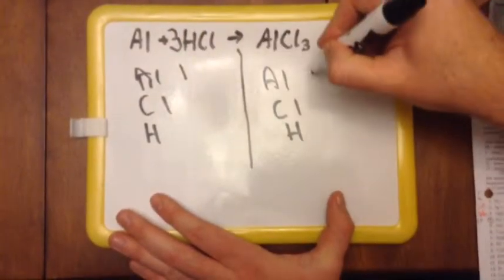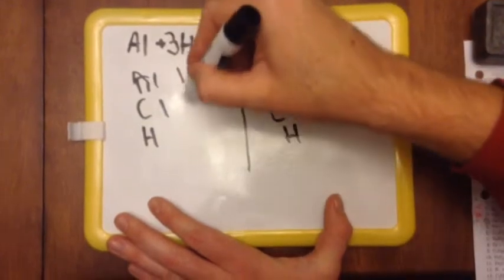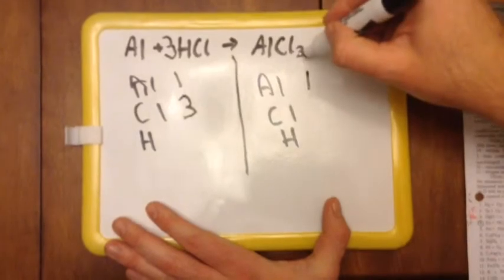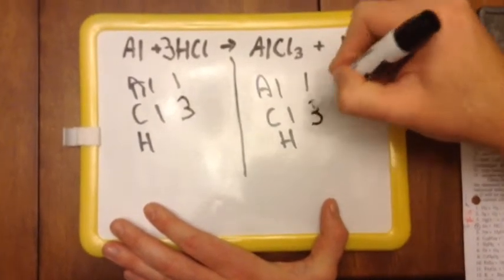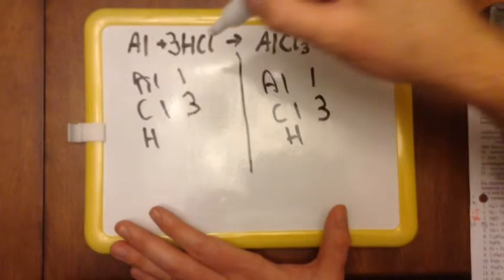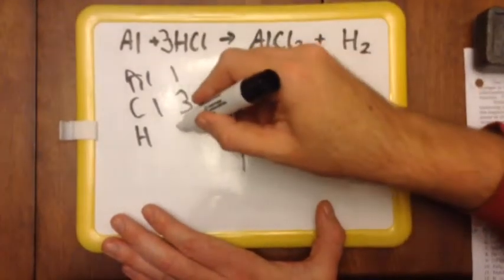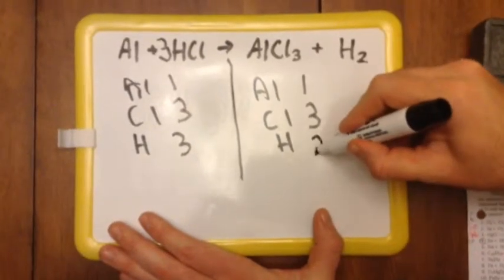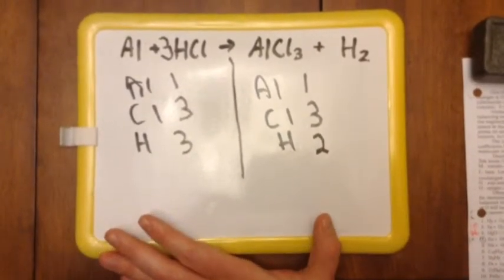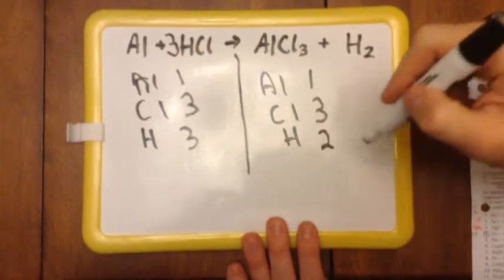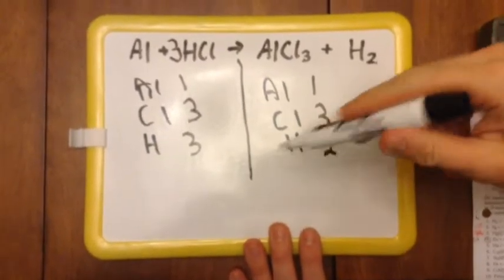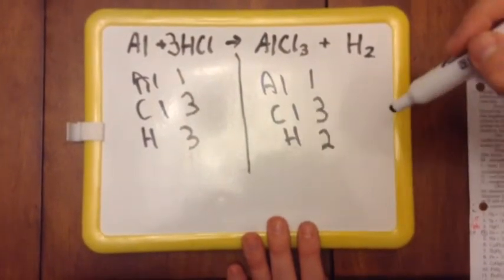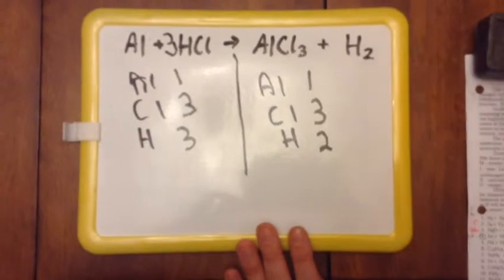We got 1 and 1 still. For chlorine, because this distributes to the molecule, we have 3. And over here, we have 3. So for now, we fixed the chlorine. Let's check out our hydrogen. Over here, I have 3 hydrogen. Over here, I only have 2 hydrogen. So I've come across another problem. 3 and 2, when you see anything that ends up being 3 and 2, you immediately want to think 6. 6 is the number of hydrogens that we want to get to have this be balanced. So,